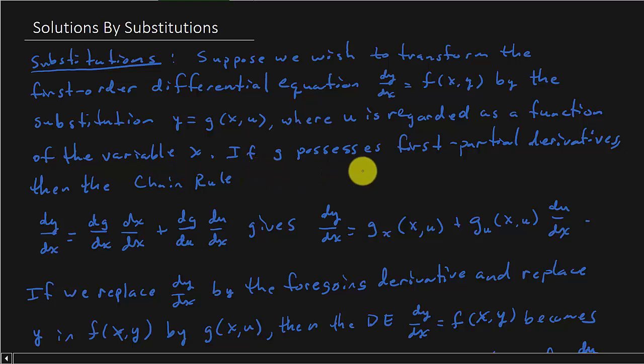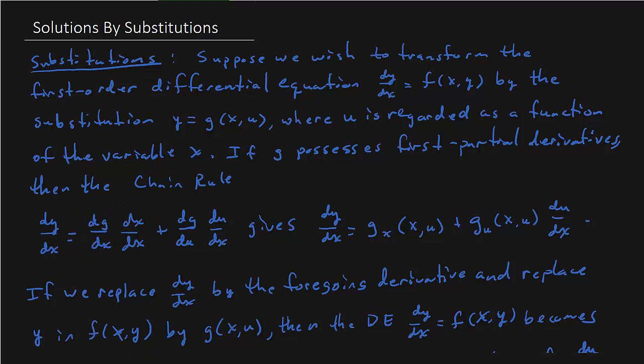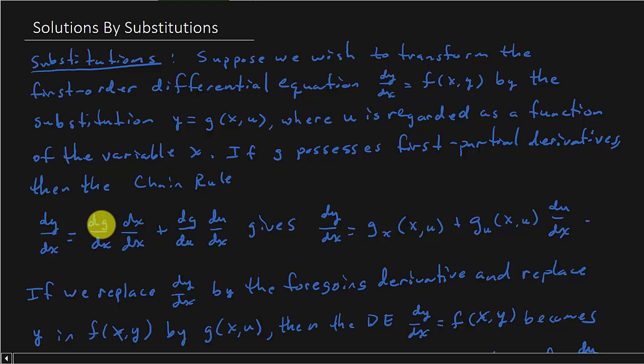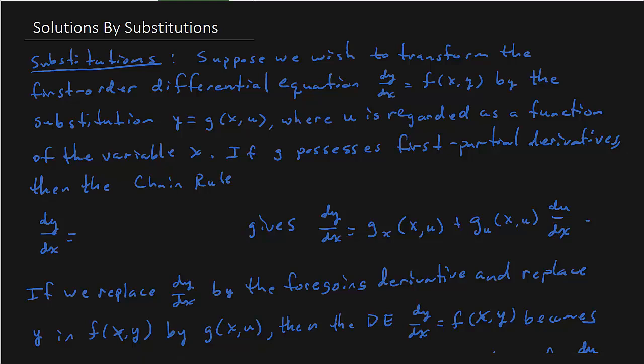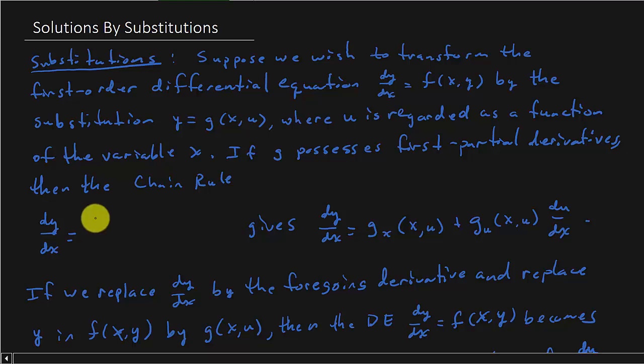If g possesses a first partial derivative, then by the chain rule dy/dx is the derivative of g, and these are all actually written incorrectly. It should be the partial of g with respect to x